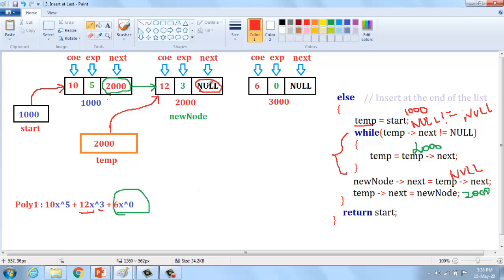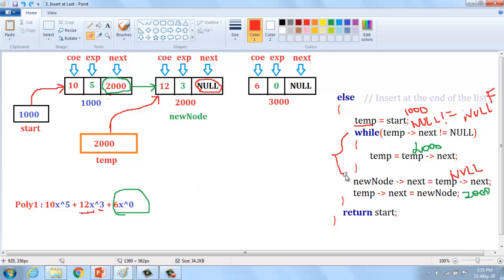Is the condition true or false? The condition is false. Null not equal to null means the condition fails, which means the loop is not executed, and we come out of the loop. So what is the temp value?